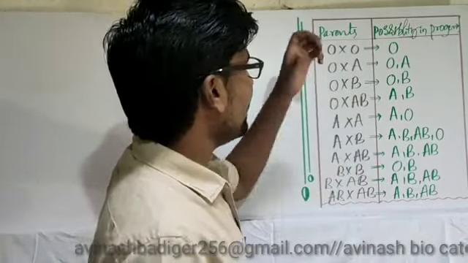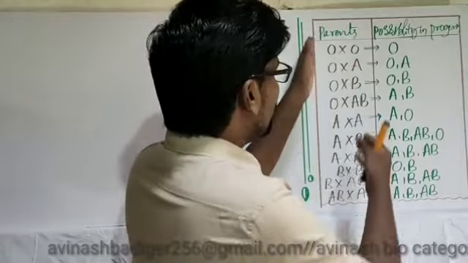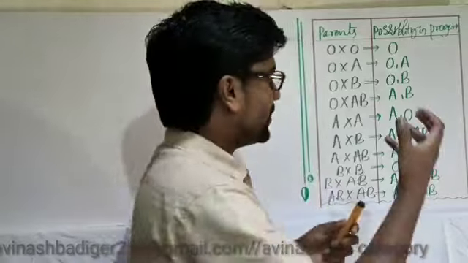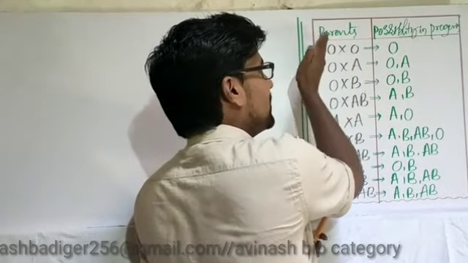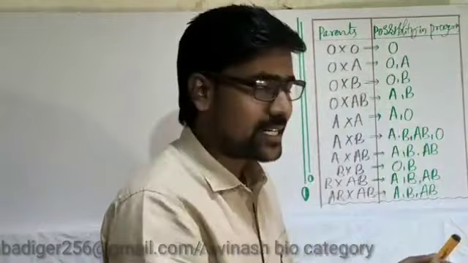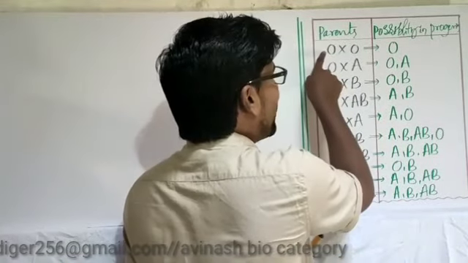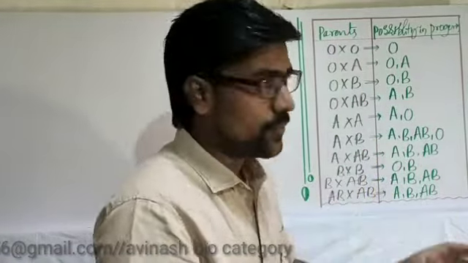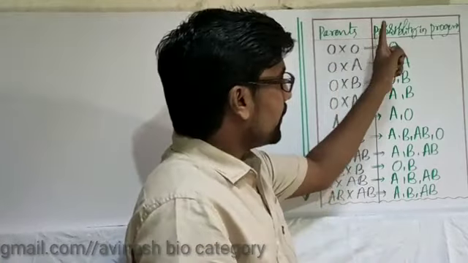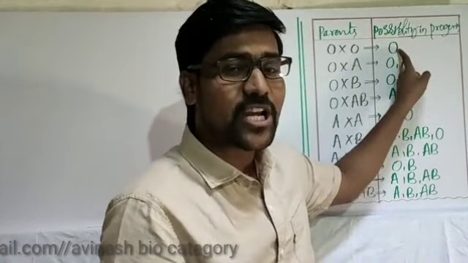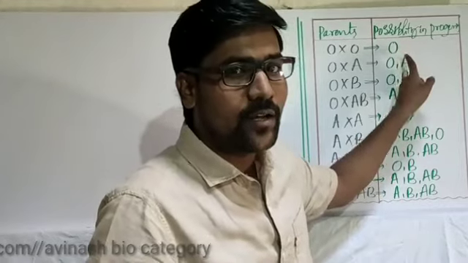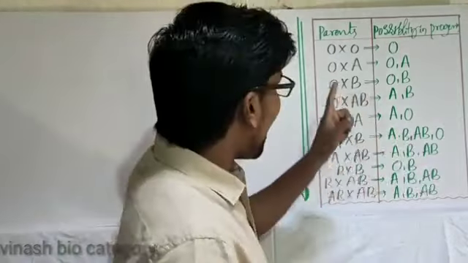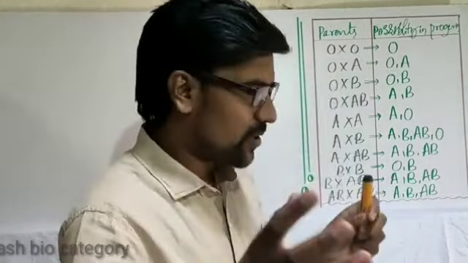Here, if we consider the parents, we have 2 parents. For your convenience, you can refer to one as mother and the other as father, or vice versa. Now one parent is O blood group, and the other parent is also O blood group. If both are O blood group, then compulsorily the child will have O blood group only. There is no possibility of A, B or AB. Only O.